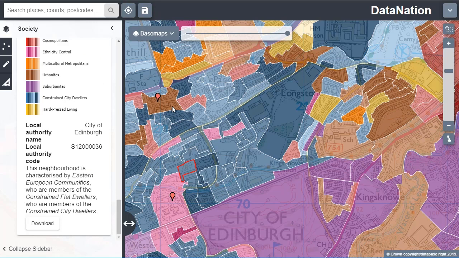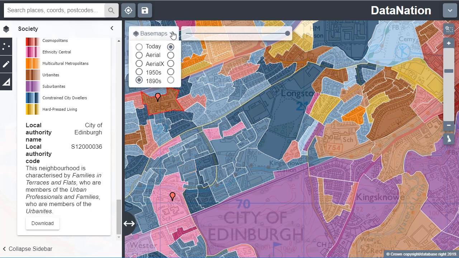You can also select a different base map to view our schools against. Select Base Maps on the map window to see the options. Today are the contemporary ordnance survey maps. Aerial and Aerial X are high quality aerial mapping. Aerial X has place names and major road names added to it. Then we have historic ordnance survey maps from the